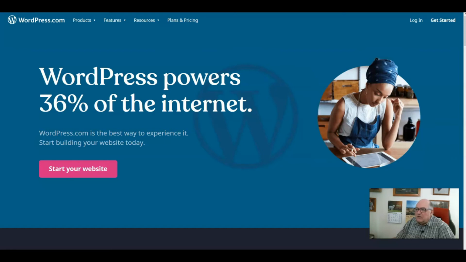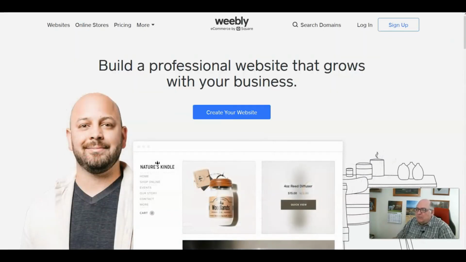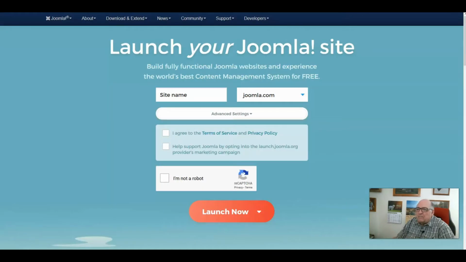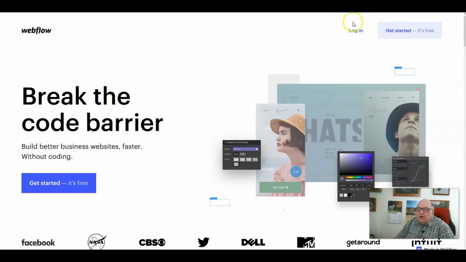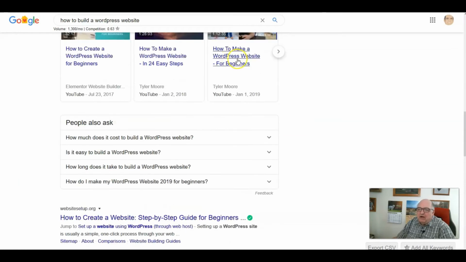They control what you can do and what you can't do, and again they can remove your content, suspend your account, or get rid of your account overnight, and what you have goes. Weebly, Joomla, and Webflow. These free platforms will work if you're on a budget and can't afford to buy a domain right now and pay for monthly hosting, and this is a way out. So what we're going to do now is look at how to build your website on WordPress, and I'm talking about